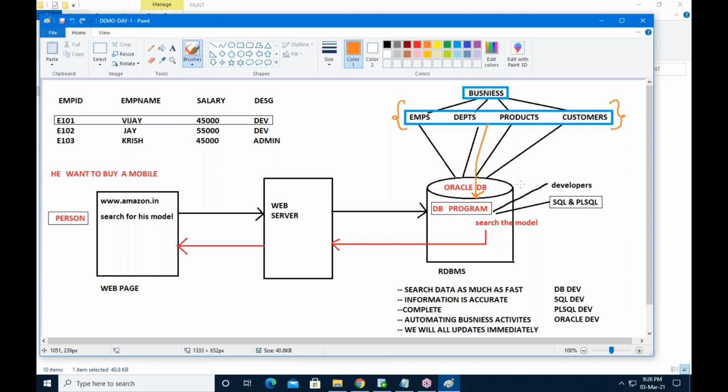Okay, data stored, happy. Now I want to explain why we are learning Oracle. After learning Oracle, what is our target? See, let us assume there is no ATM nearby you. Beside your home, your bank is there. You want to withdraw money. ATM is not there. What will you do?